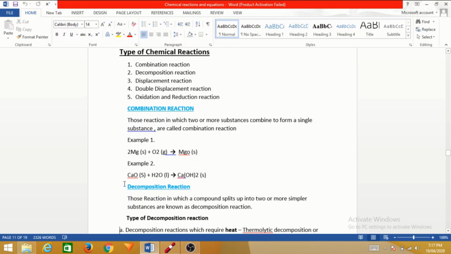And in the second case you can see that CaO, that is calcium oxide, reacts with H2O, that is water, to give Ca(OH)2, that is calcium hydroxide. Here calcium oxide and water, they are what? They are compounds. So here two compounds react with each other to give another compound. So this kind of reaction is called combination reaction. Let's come to